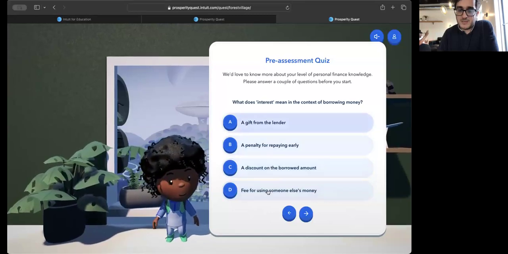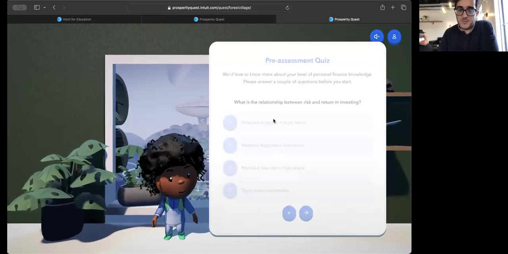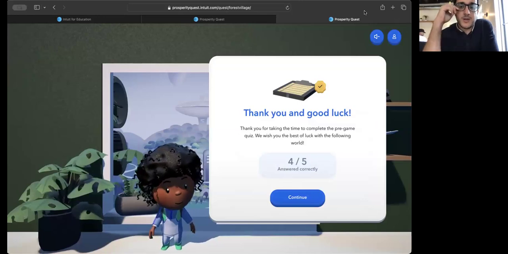Let's just pick this. I'm just going to start picking so we can go through. And it says I got 4 out of 5 correct. So Supriya, is it